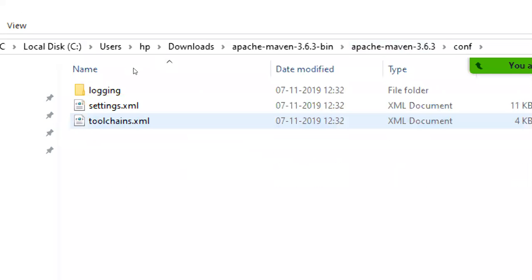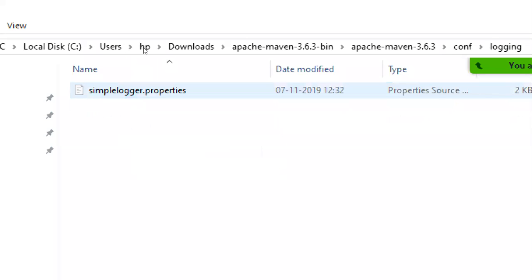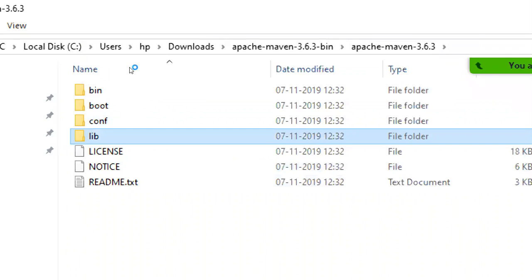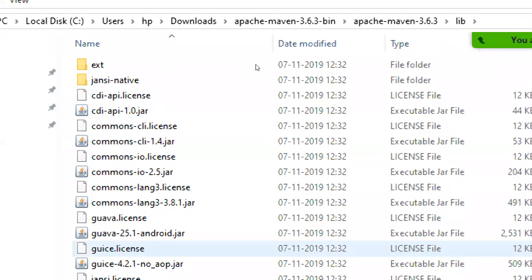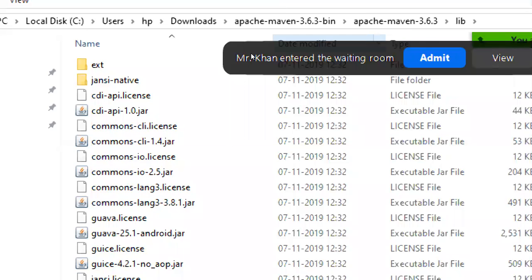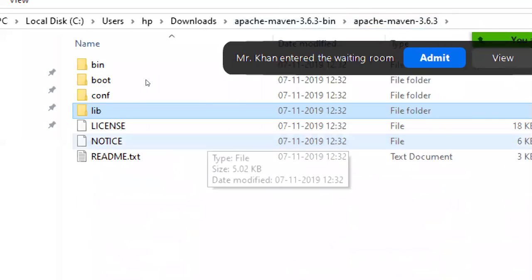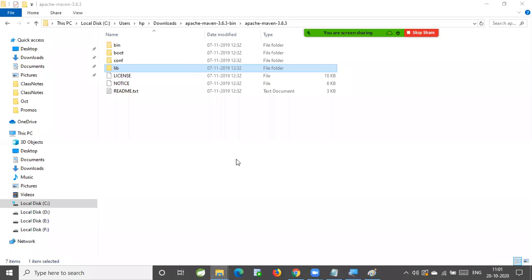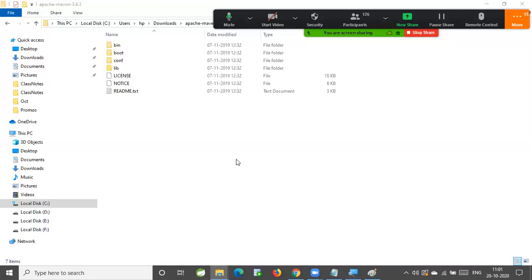Go to conf, some settings.xml, toolchains.xml, logging properties are available for Maven. Then lib, some jars are available for Maven. Now, license and readme.txt files are available for Maven. So this is the folder structure of Maven. Good.